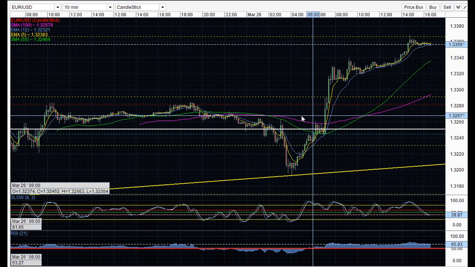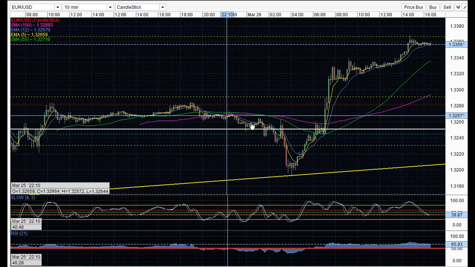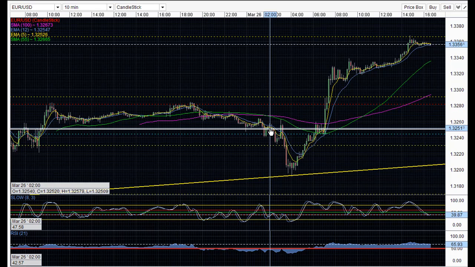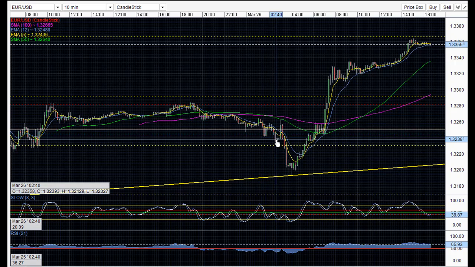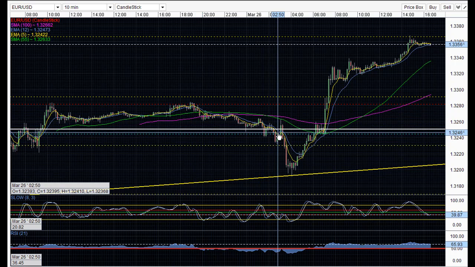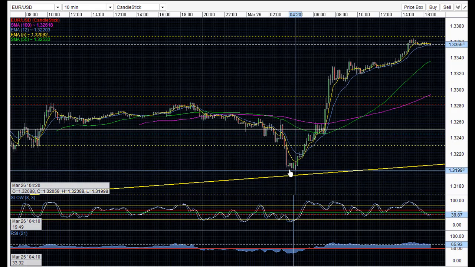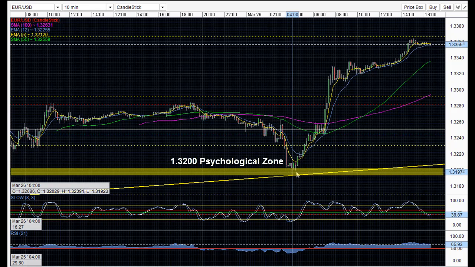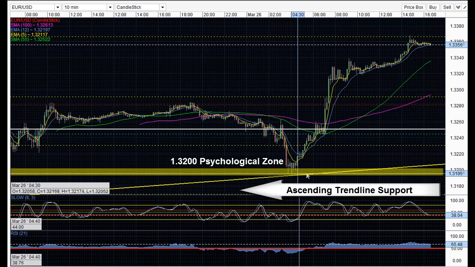But if you glance back towards our Asian session, you can see that the pair was trading lower. Of course, it began to slide lower on euro weakness, and this was a correction or pullback that could have been a result of some profit taking from last week's rally. So then we see there was a slide in the pair, and it found support around our 32.00 psychological zone. But this was not only our 32.00 psychological zone, but it was also where our ascending trend line support was